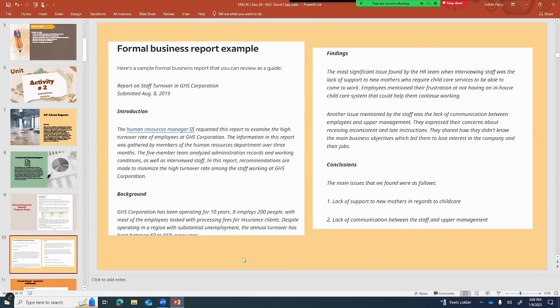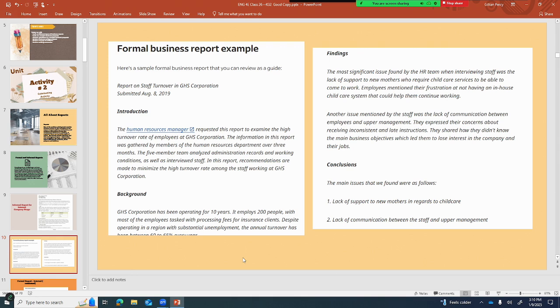Here's an example, at least partially, of a formal business report, which would probably be much longer, by the way. This is just kind of a few samples of it. Report on staff turnover in GHS Corporation, submitted August 8th, 2019. Introduction.